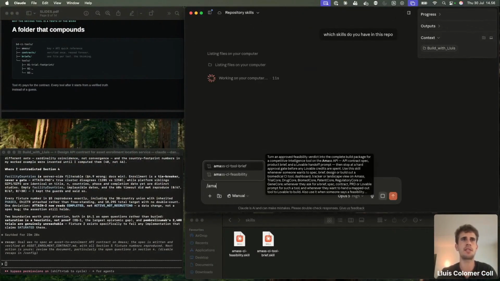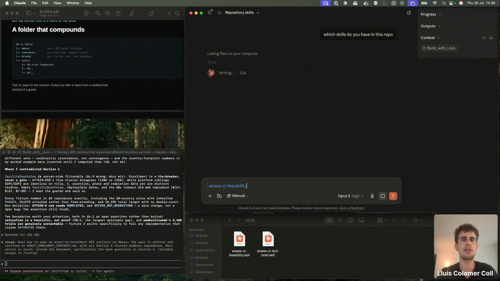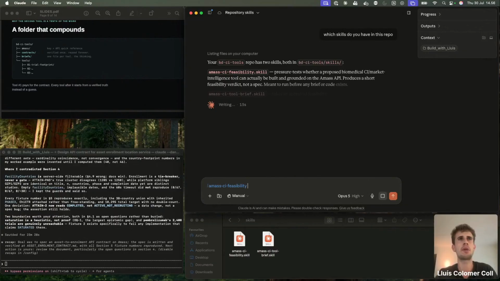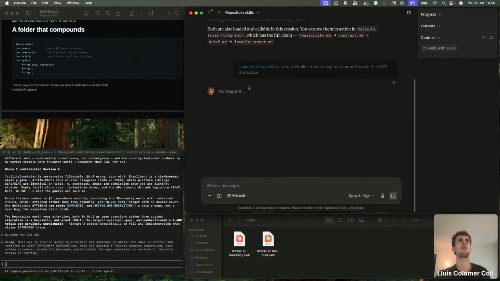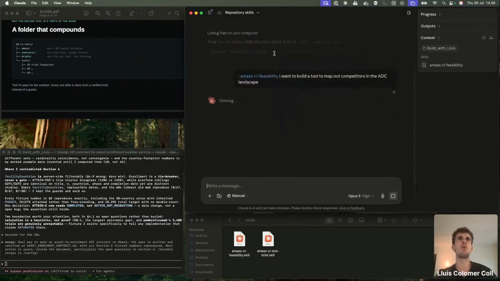And then you can see Amass CI feasibility. And then you could come here and say, I want to build a tool to map out competitors in the ADC landscape. And basically what that will do is load the skill.